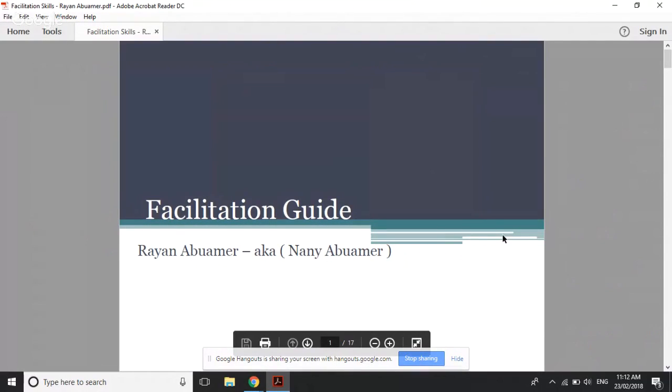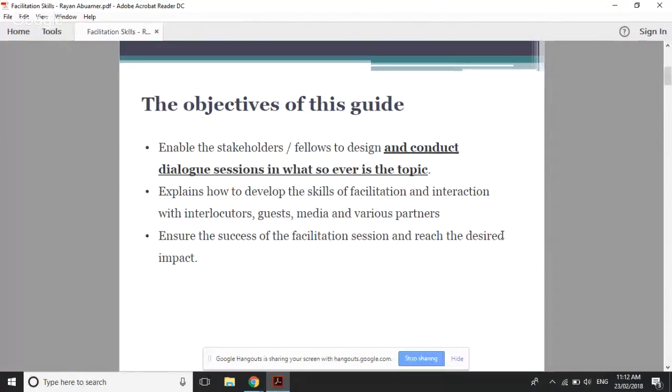All right. So, facilitation guide. The objective of today is to enable you to conduct a dialogue session on whatsoever topic. I mean, these skills do not put a frame around a certain topic. It could be any topic, and to develop your facilitation skills and ensure that you could hold or implement a successful